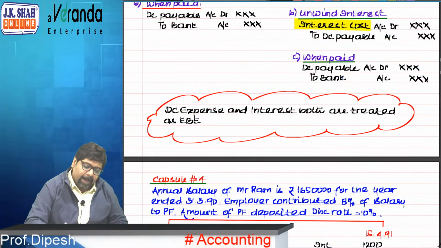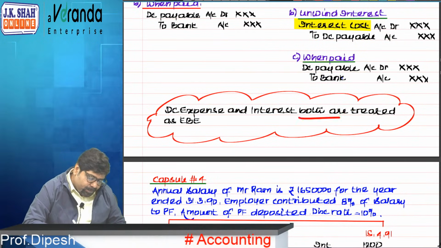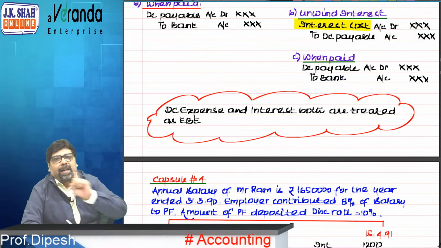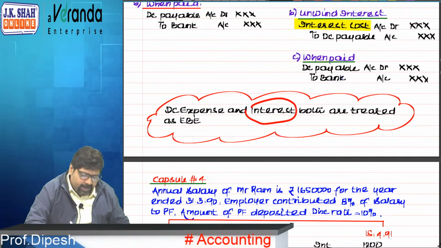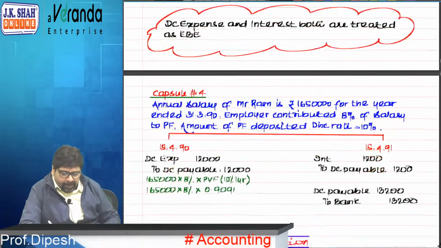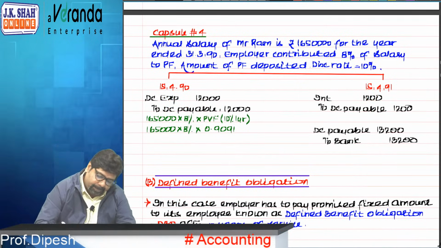Am I clear? Remember, expense as well as interest, both are treated as employee benefits. Interest is not treated as finance cost over here. Interest is also treated as borrowing cost. Don't forget all this. For example,